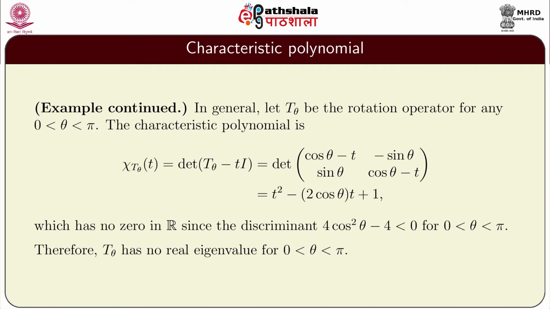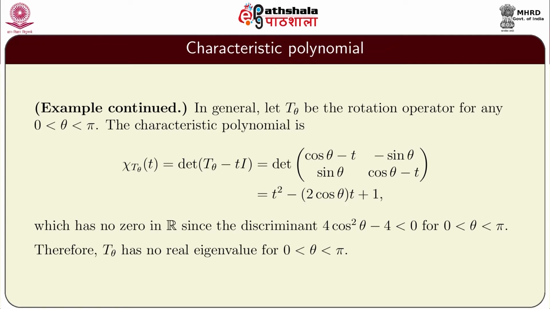Then the characteristic polynomial is chi T theta of T, that is the determinant of T theta minus T I. We know the matrix representation of T theta with respect to the standard basis. It is cosine theta, minus sine theta in the first row, and sine theta, cosine theta in the second row. So, the characteristic polynomial will be the determinant of cosine theta minus T, minus sine theta in the first row and sine theta, cosine theta minus T in the second row, and the determinant is T square minus 2 cosine theta